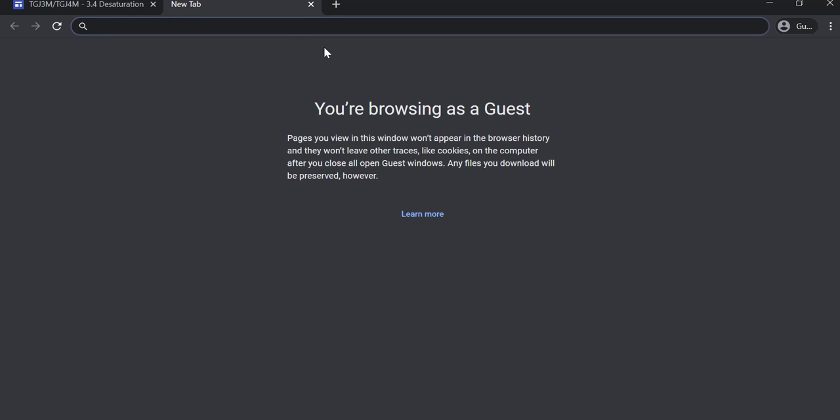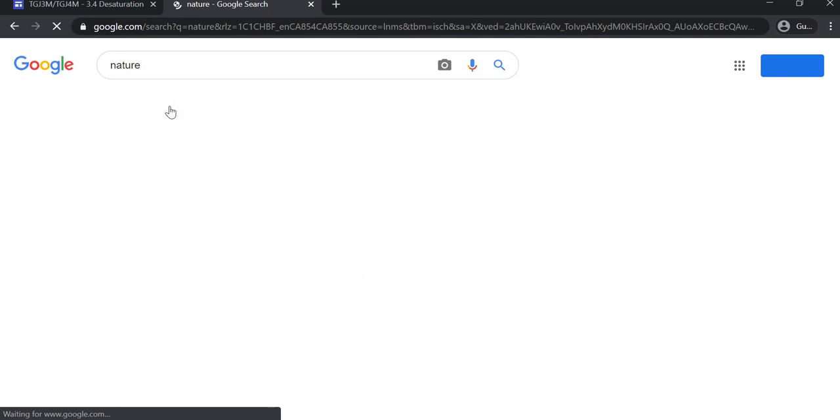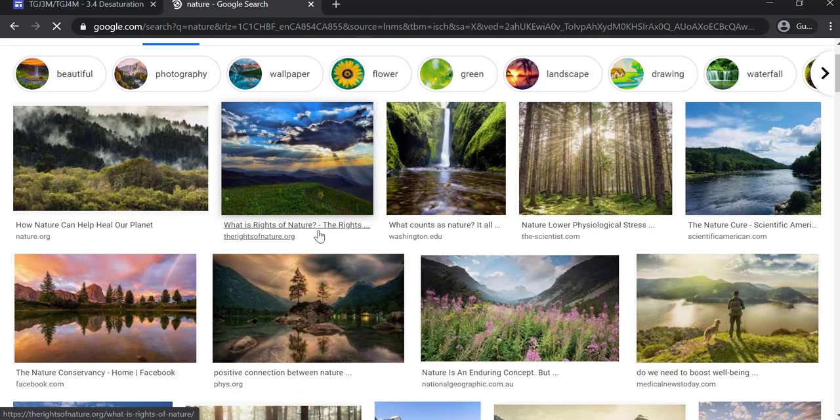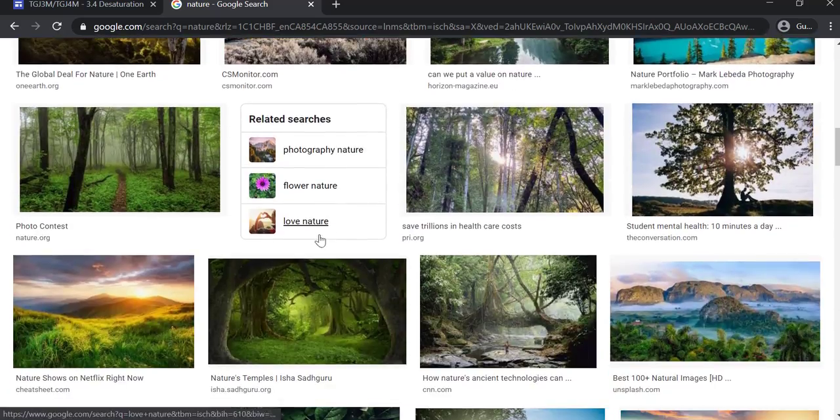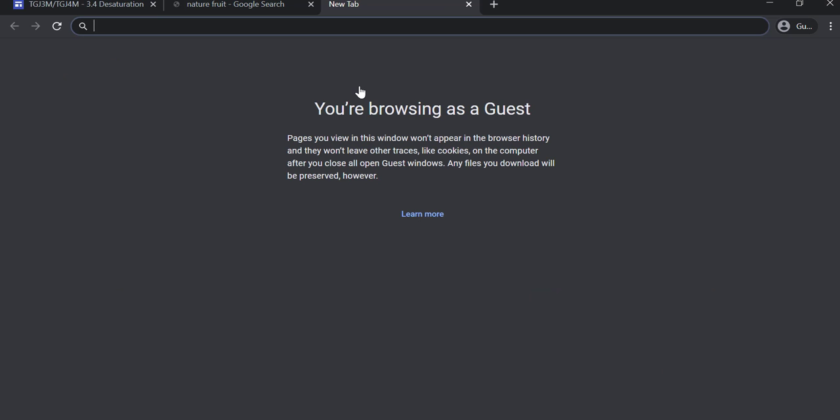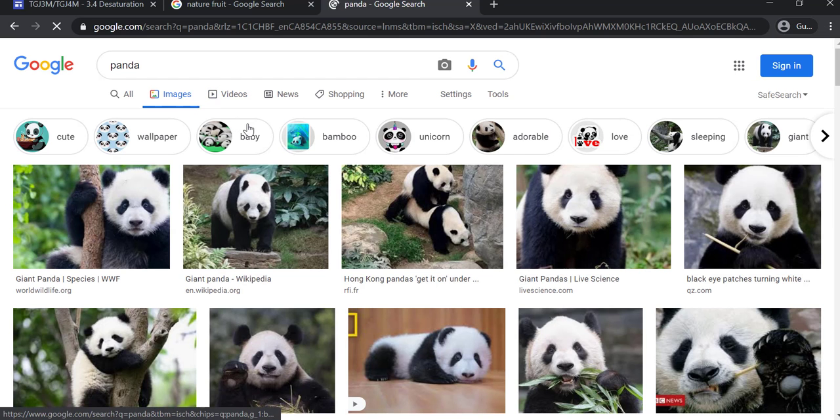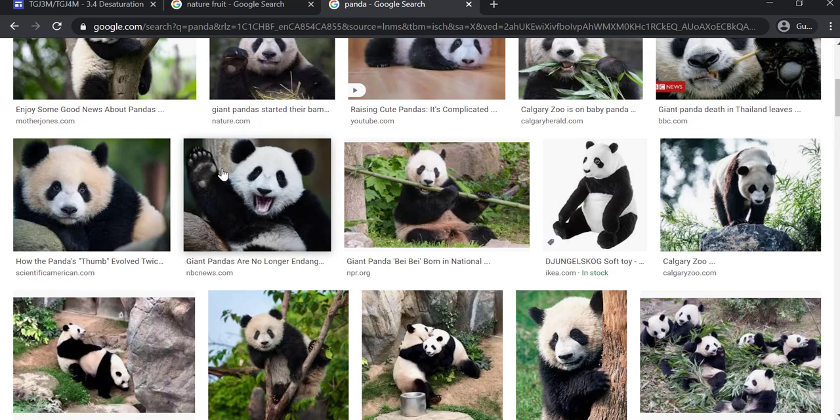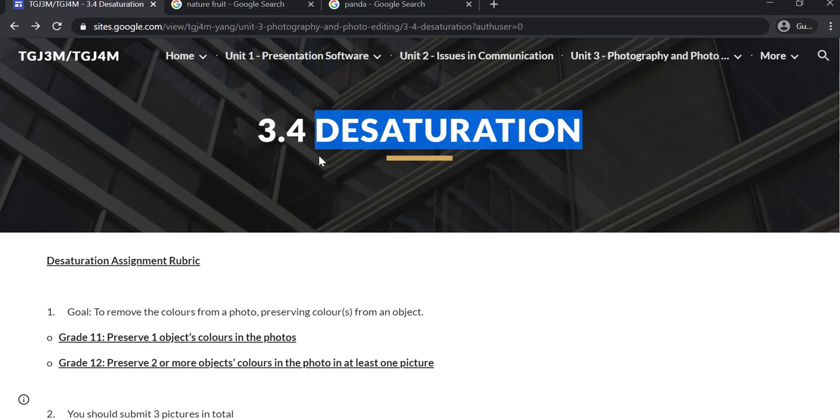Okay. First of all, picture selection is very important. Not every picture is the same for desaturation. So I would recommend you to use something that has a distinct object that has color. What does it mean? If you choose a panda, that is a terrible choice. Reason being, the panda only has black and white. To desaturate is to take out the color